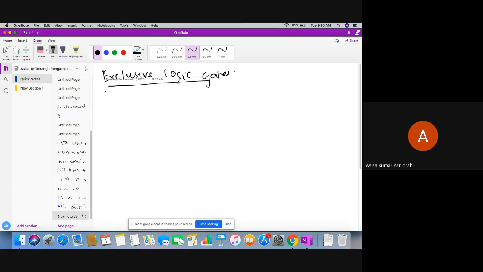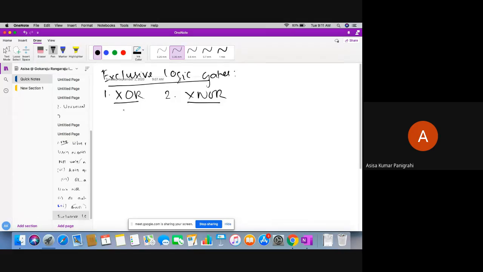There are mainly two exclusive logic gates, for which particular operations are fixed. Those are XOR and XNOR. XOR is the exclusive OR and XNOR is the exclusive NOR. These gates are mainly useful for particular operations only. That's why these are called exclusive. So what are those exclusive operations? Mainly these logic gates XOR and XNOR are useful in error correcting and detecting techniques.